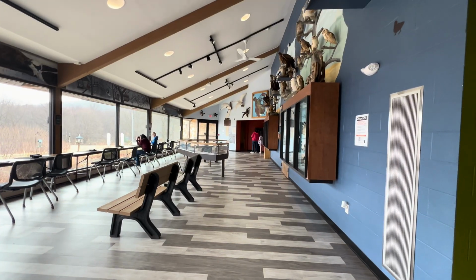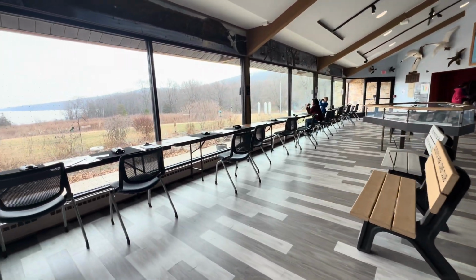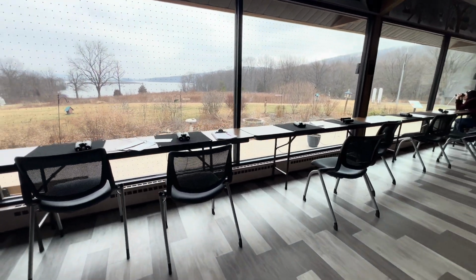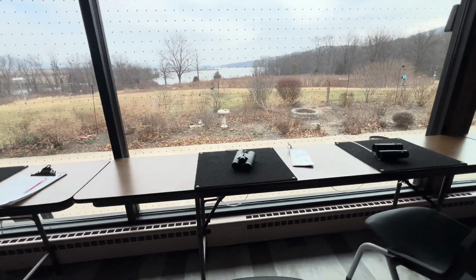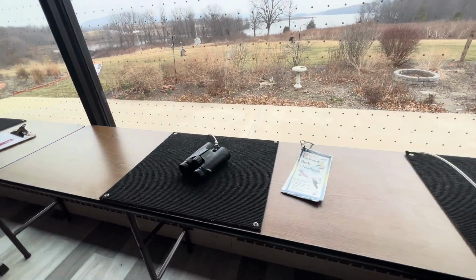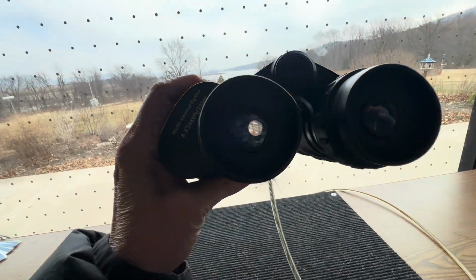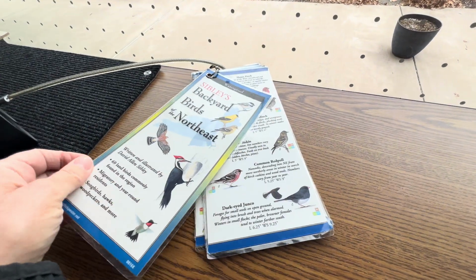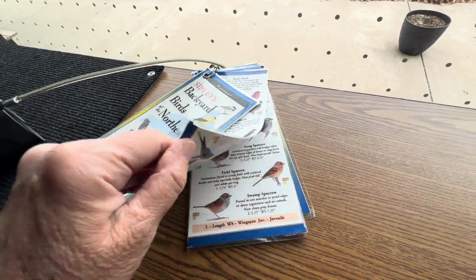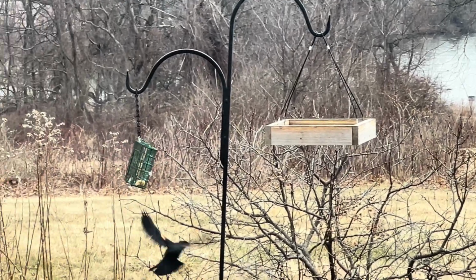Now this area is my favorite. I could literally sit here all day. They have this beautiful, humongous window that overlooks the lake, and they have little stations, like a little desk, and at each station they have a pair of binoculars that you can use to view the birds, which is super cool. And they also have a little bird identification card packet. And you can just sit out here, like here's a woodpecker and a red-winged blackbird, and